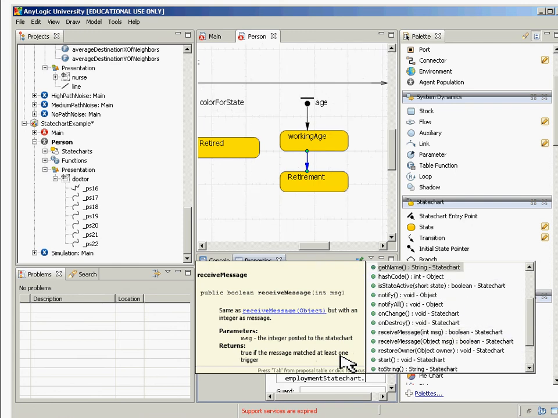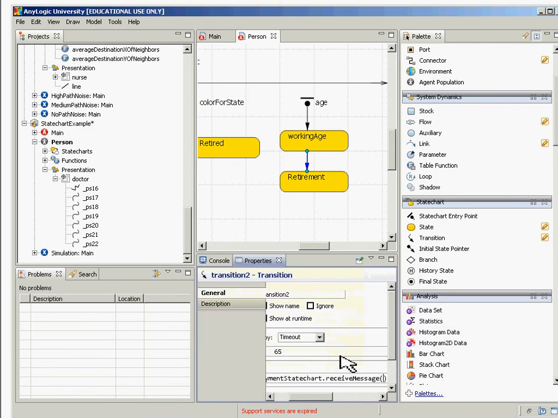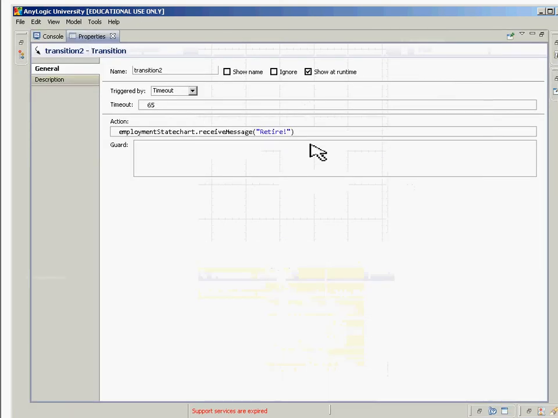Okay, so how did I do that? By the way, double click on a tab. Here it is, full screen. Right? Employment state chart dot receive message retire. So here we're telling the employment state chart, hey, retire. We're saying, I'm sending you a message, and if it's in a state right now where there's a handler for a message transition, which is affected by a message like this, it will leave via that. Okay? So where is this occurring? This is occurring when they reach that age of 65 years. It's going to notify this other state chart,